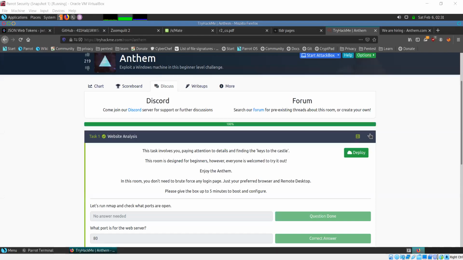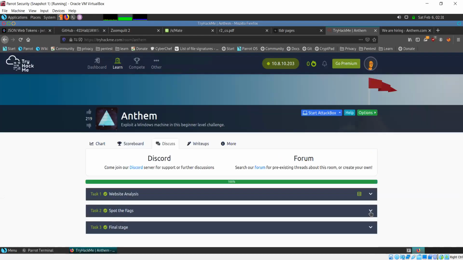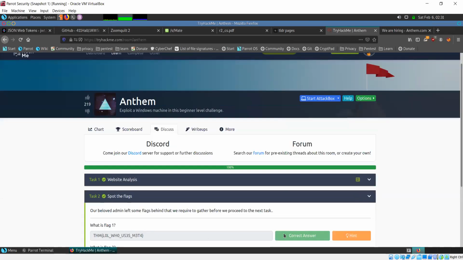Even on the website, let me share my screen and let's go back to TryHackMe. When you find a flag and you enter it here and click submit, if it is the correct flag, that means you have been able to solve it correctly.